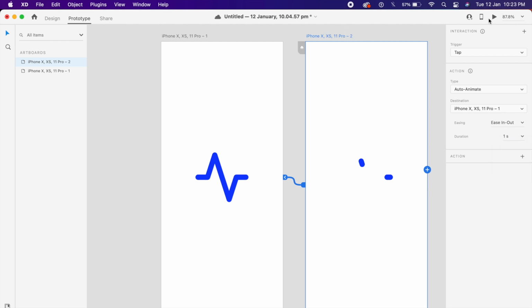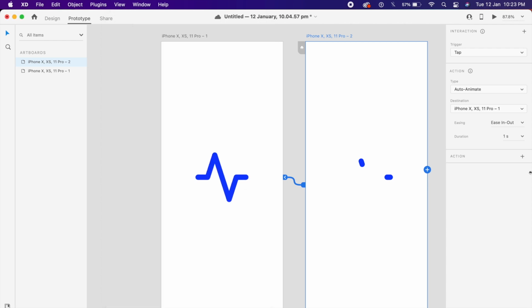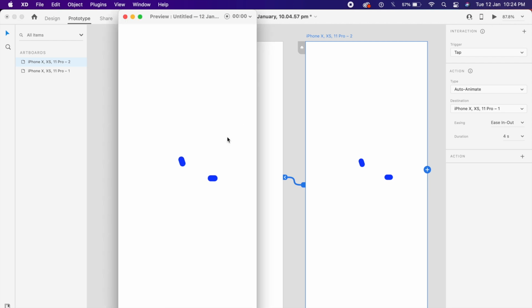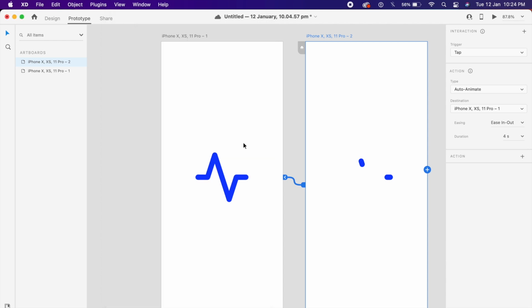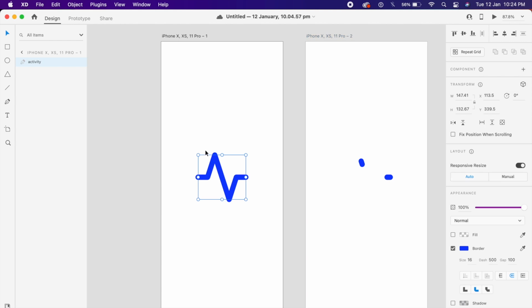So if I click on this, click on play, and if I click on this artboard right here, ooh, see how that animated? If of course I slowed it down a lot, say 4 seconds, let's see the magic in that case. If I click on this, ooh, look at this. Look at how smooth and nice it is. So basically, Adobe XD's Auto Animate has gotten a boost by this feature right here. And you can animate any icons. Even if this was round, you could have done something similar to it. And I'm sure there are unlimited possibilities.